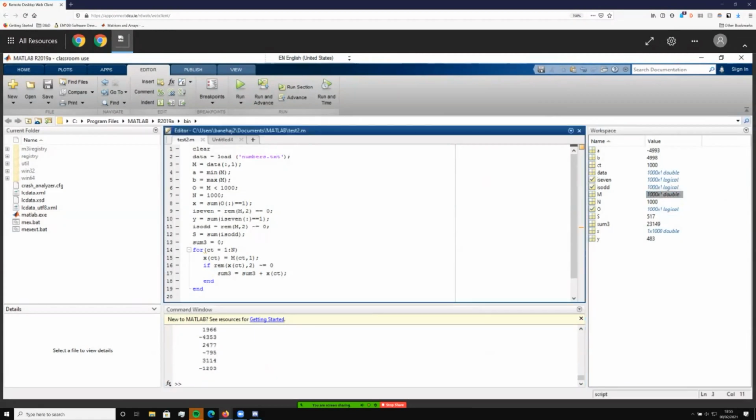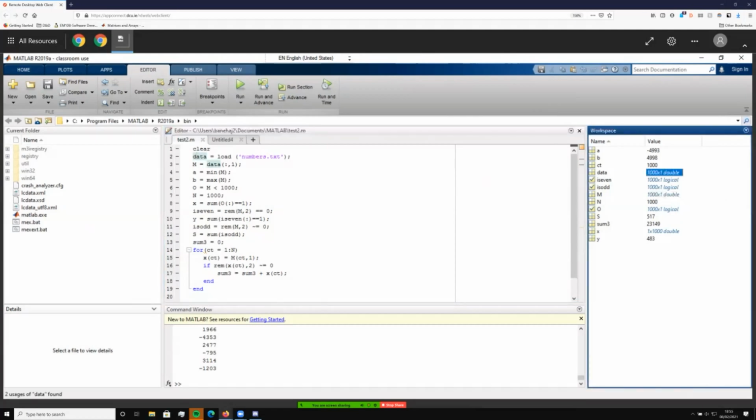This colon is a language fundamental. Again, I'll share a link in the Discord later of what all of this means, from the website where I'm getting all of this. This colon just means for all rows. If I have a colon in the column position, it would mean for all columns. So this is reading every row, but only the first column of this matrix called data. Now, data is a 1000 by 1 matrix, as you can see here. It's just a series of numbers.